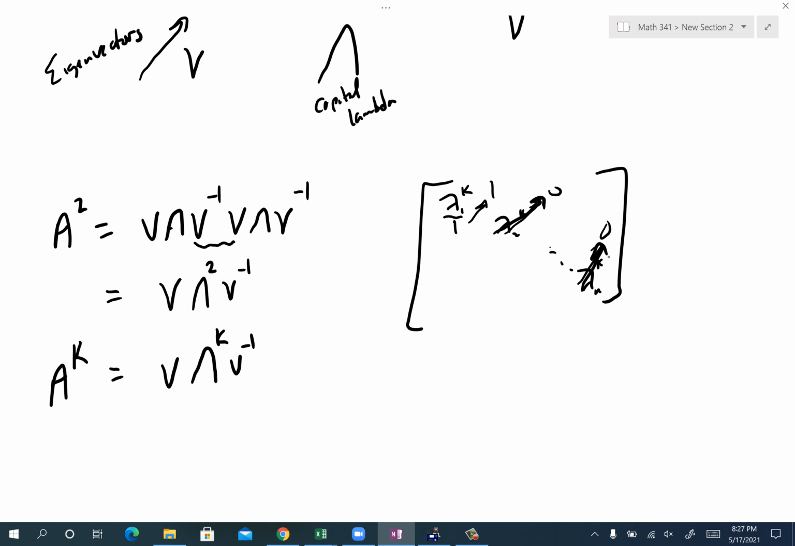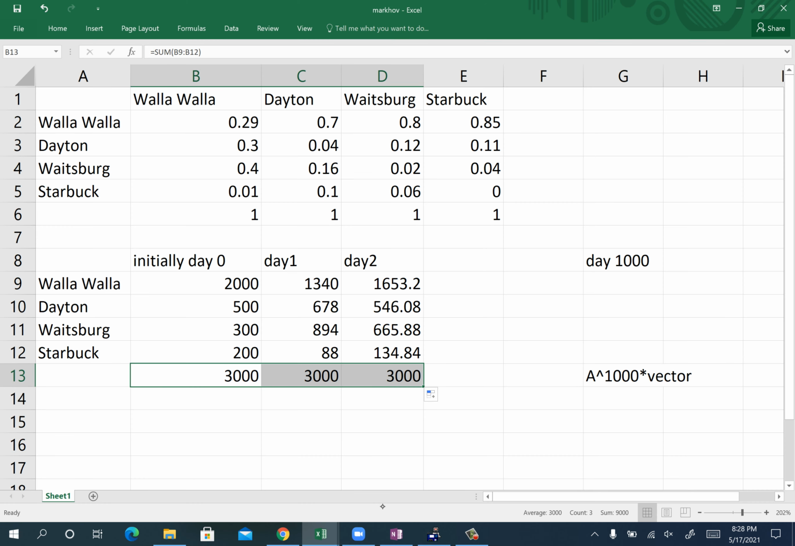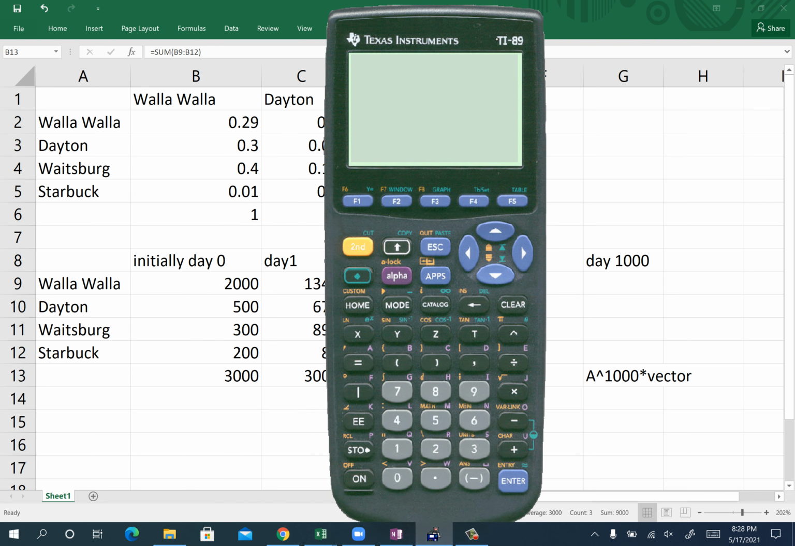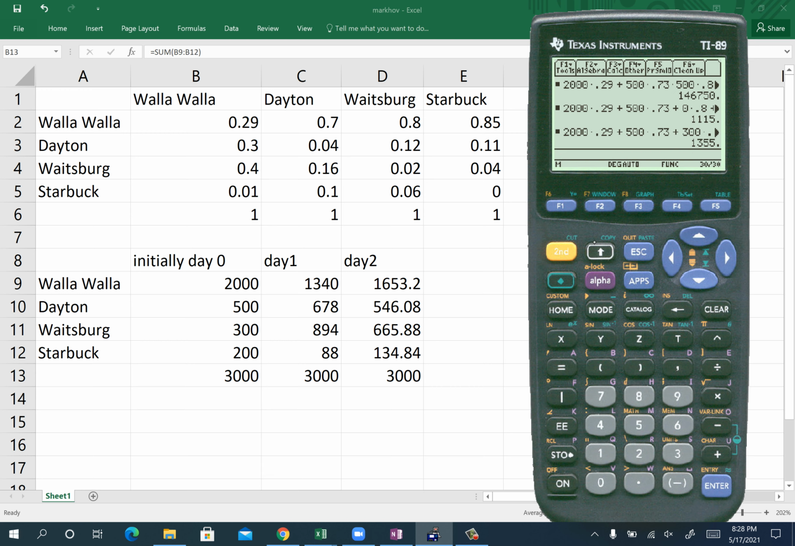Now, question is, let's bring this up here, and let's go ahead. I'm going to put it in the calculator because I feel like it, if you don't mind. So I'm going to do a couple things. First, I'm going to punch this in. And so 0.29, comma, 0.7, comma, 0.8. By the way,